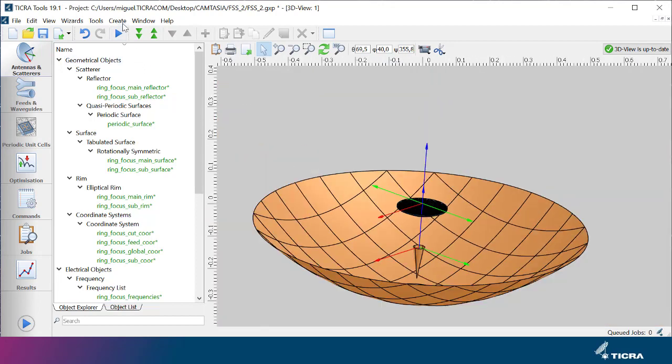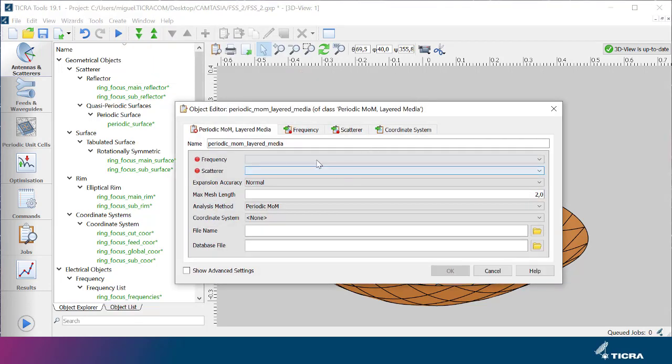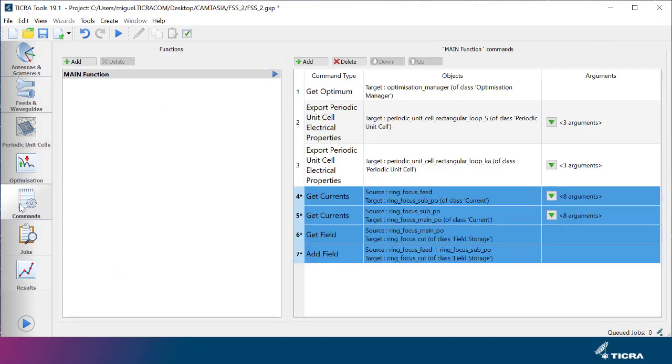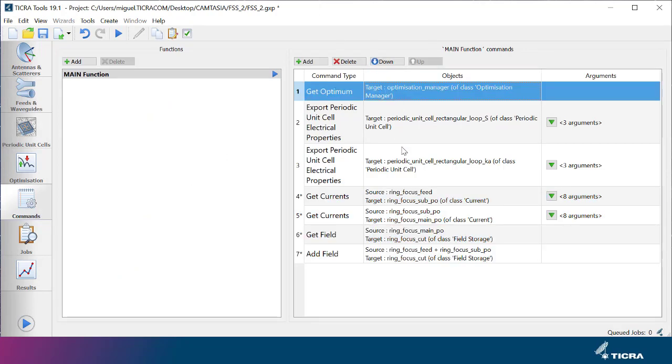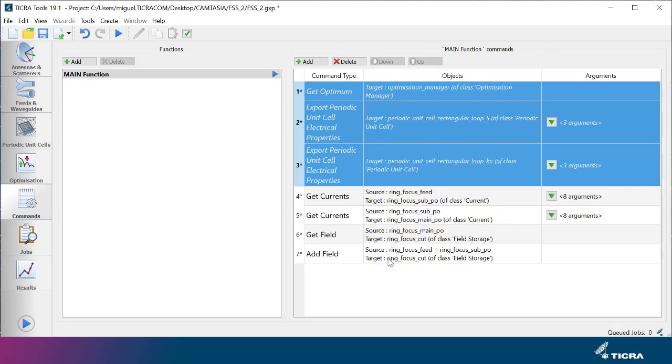For the analysis, we create a periodic MoM object using the dedicated method for layered media. We set the frequency and scatter references and proceed with the default settings for the rest. In the Command tab, we can see the new commands generated by the GRASP wizard and the previous commands which we will deactivate. Then we need to modify the analysis sequence such that we analyze the FSS subreflector instead of